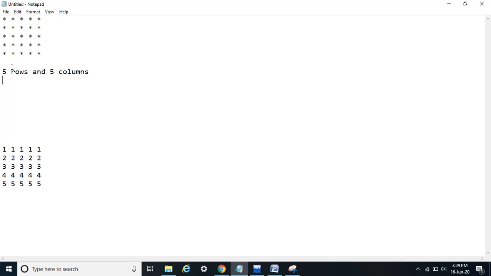Another point, so this is like a 2D matrix in which we have 5 rows and 5 columns. So we will need 2 loops, 2 nested loops. So this is our second point, that we need 2 nested loops to make this pattern.